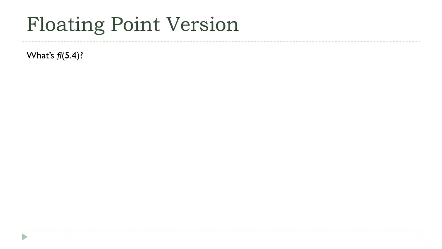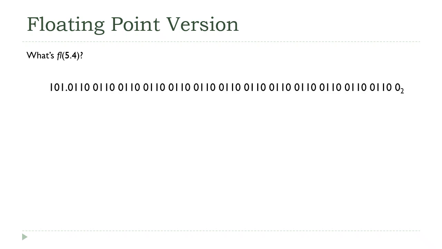So I want to take a quick look at an example of this process that's going to illustrate some of the challenges that we're going to run into. All right, so let's say we take a very simple number, 5.4, and I want to come up with the floating point approximation of this. Well, step number one is going to be to take this 5.4 and convert it to its binary